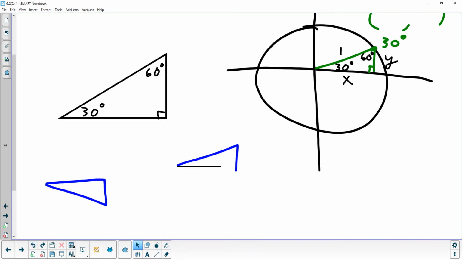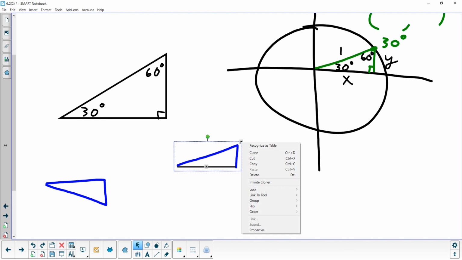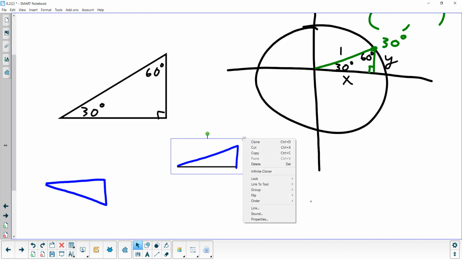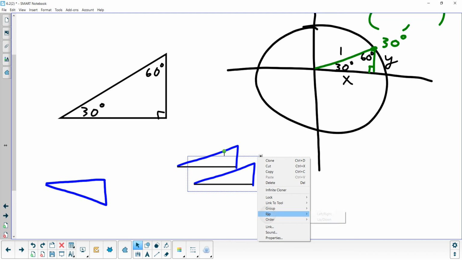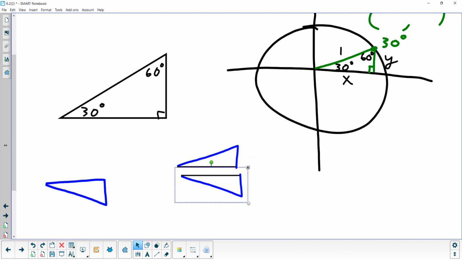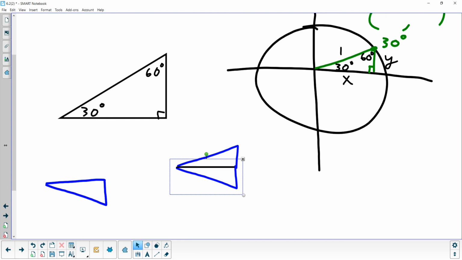Alright, the bottom side is now nice and straight. Let's put that together and make a copy of that one, and flip it again like I had it. All right, so now when I put those together,